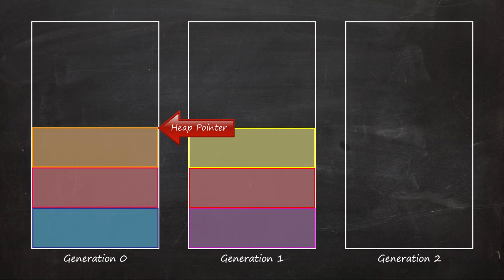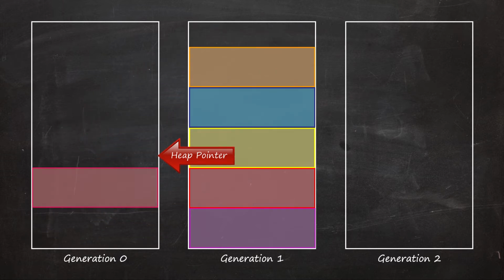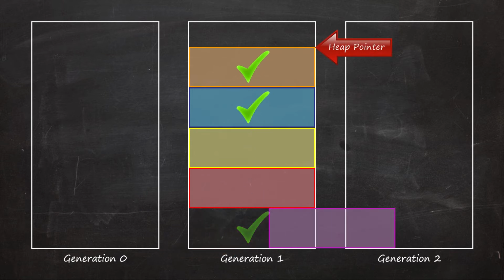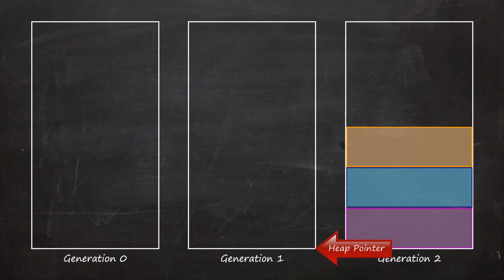And that's where we get our performance gain, that we're not having to garbage collect everything, we're only having to garbage collect, for the most part, what's in the generation 0 heap. However, it will sometimes happen that the generation 1 heap starts to get full, in which case we do exactly the same process, except this time the surviving objects are moved over to the generation 2 heap. And if they make it that far, they really have proved themselves, and they are likely to be the kinds of objects that are around for the entire lifetime of the program, and therefore very unlikely to need garbage collecting at all. Obviously, it can still happen.